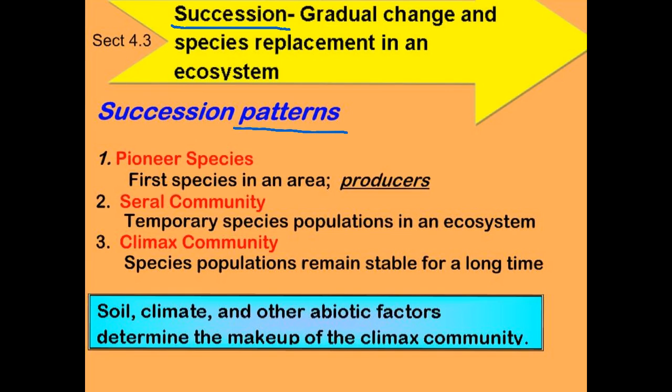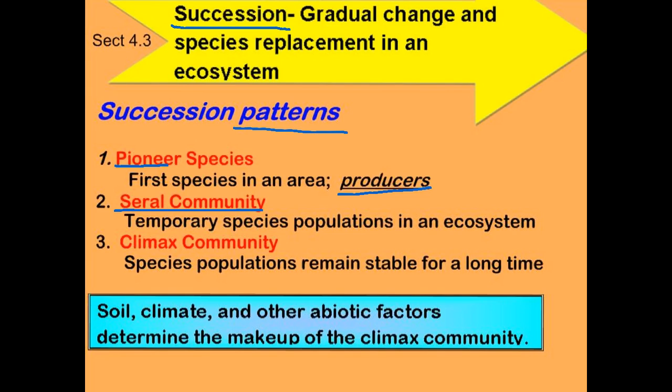The first stage is where we see pioneer species. These are the first species that appear in an area, so they are always producers. Small grasses, small plants, etc. And then over time we will get more producers as well. Once we have producers and our pioneer species in an area, then we would set up what we call a